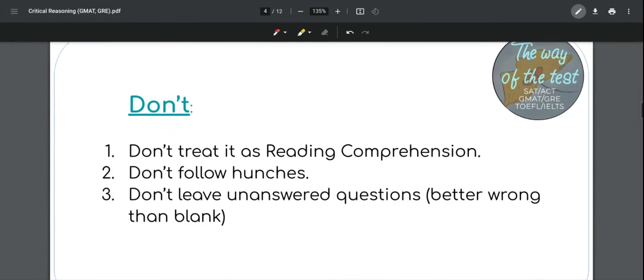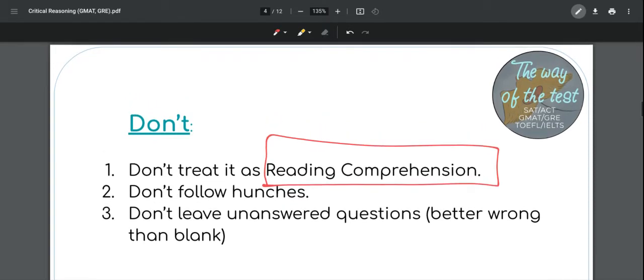Okay, things you don't want to do. You don't want to treat it as reading comprehension. As I said before, the GRE pretty much lumps the critical reasoning section in with the reading comprehension section, but it's not the same thing. In reading comprehension, you don't always have an argument. In reading comprehension, you don't really care about rules of logic. There are a different set of rules. Even the inference question is a completely different question, okay? So you do not treat it as reading comprehension. There are some rules that apply here, like the only information in the text exists and the process of elimination, but still treat it as a